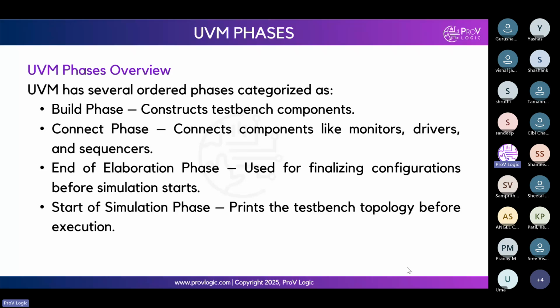So based on all these phases, we are just making some timing between all particular executions in the UVM. Nothing but one structured way. We are just making it a structured way to provide the build, configure, and executing of the test benches. So what are the different UVM phases? There are mainly advantages like scalability, debugging issues we can easily figure out, and also reusability by using the phases,